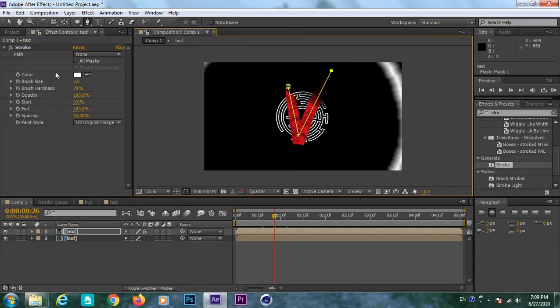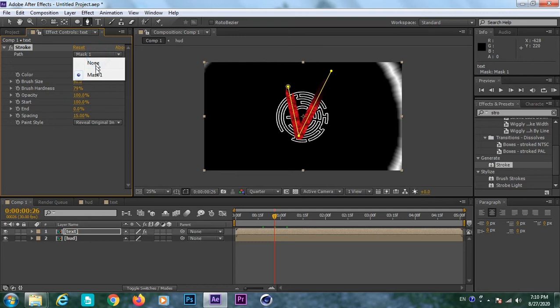Okay, now what I do is select the mask and increase the brush size. Increase the brush size to around 50, and increase the thickness, hardness, all that thing. And coming to the start and end, we can play around with start and end actually.